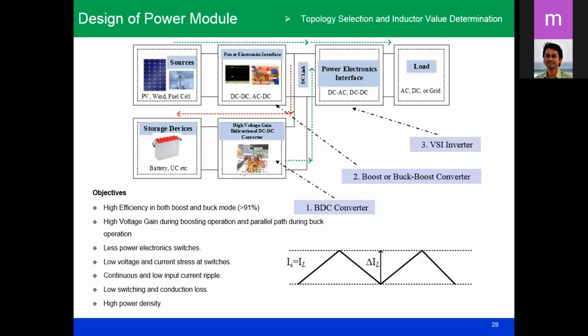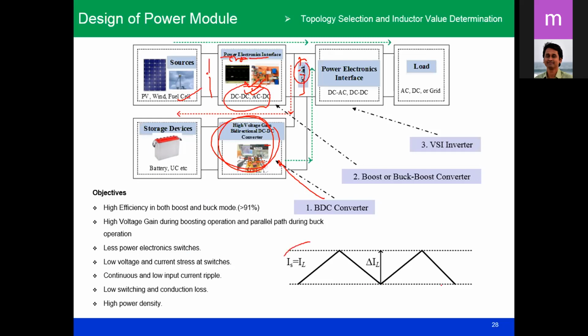In today's discussion, I have discussed the parameter selection of this capacitor, and maybe the inductor value. What should this capacitor value be? In the next class I will be discussing the topological variation of this bidirectional converter. Some classes will be taken by Professor Tanmoy Roy Choudhury, who will be talking about the characteristics required for the boost converter we want to use here, for better operation.